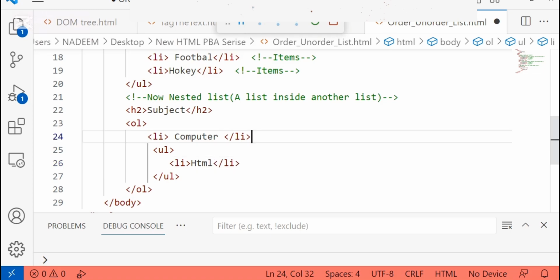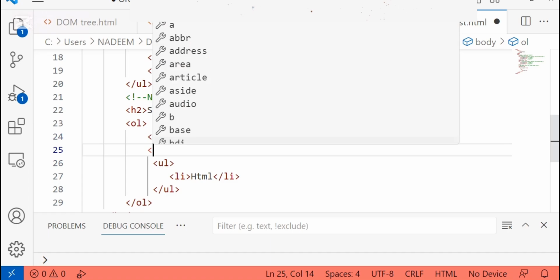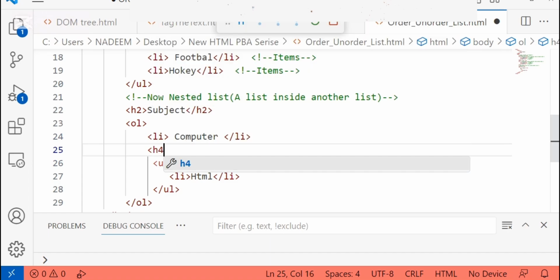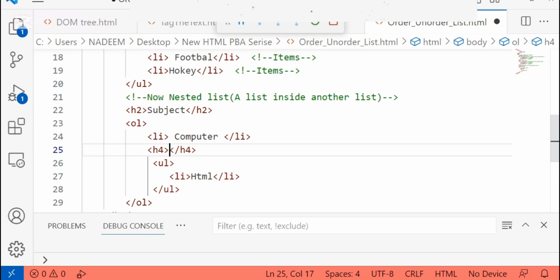Don't get confused here. You can use nested lists, like within an ordered list you can create another ordered list, but this is not like that. Here you can only use an unordered list within an ordered list.